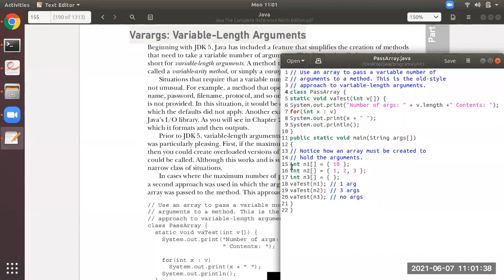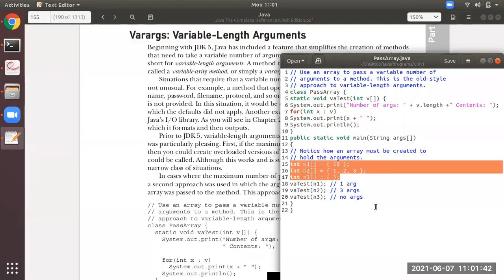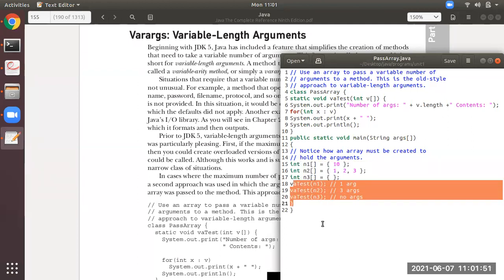Please see, students, over here in lines 15, 16 and 17 there are 3 arrays with different numbers of values. N1 with 10, then N2 with 1 2 3, then N3 with nothing. All these 3 are function calls with arrays as parameters. If you understand the first one, the other two are similar. It will call this, and you can observe here